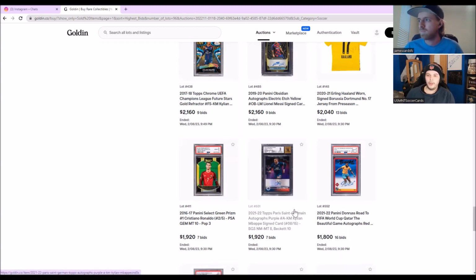I feel like with his autos, it's kind of the same thing that happened with his first initial autos that came out. Like they were going